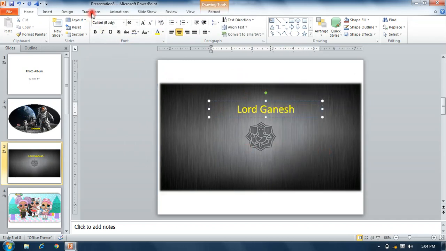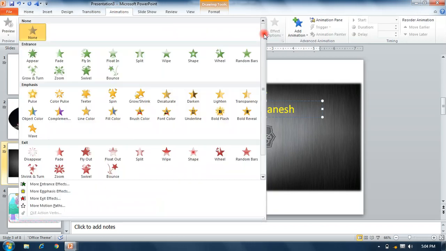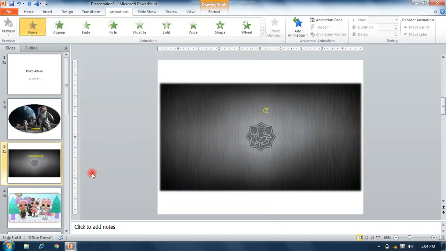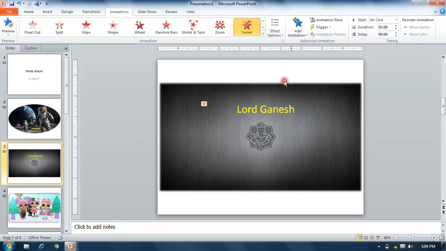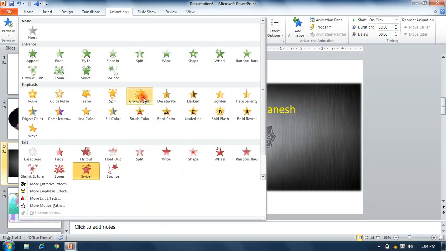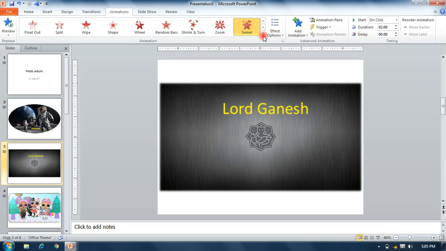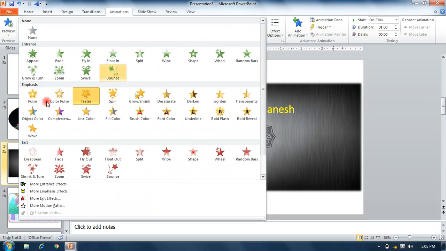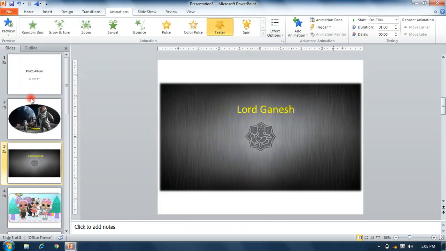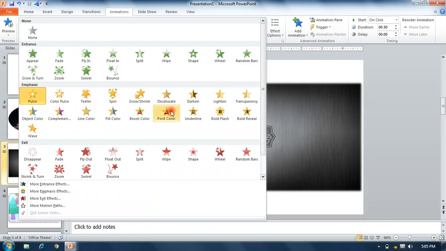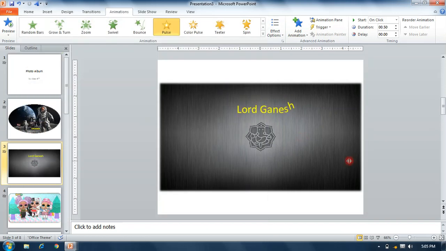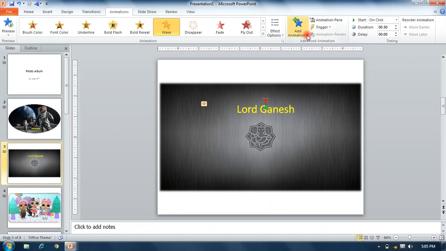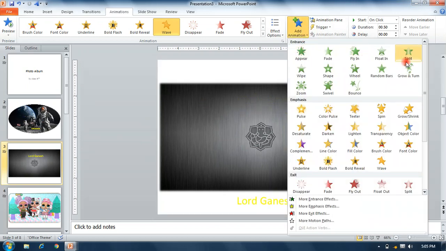Okay, now apply an animation effect from this, anyone, or if you think, okay, now we take this animation effect. As per your requirement you can apply any animation effect. Okay, and if you want to add animation, this is another option to apply animation.